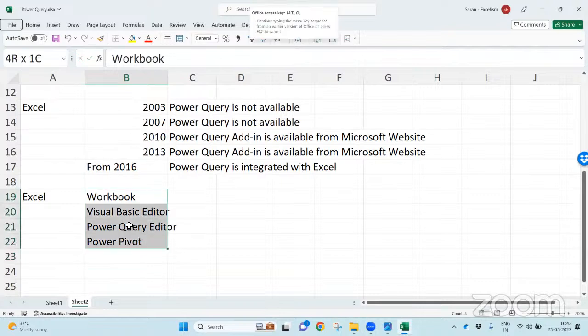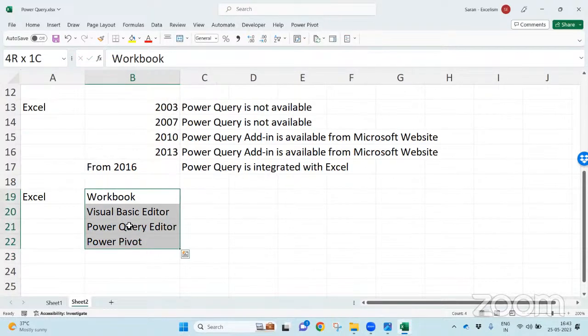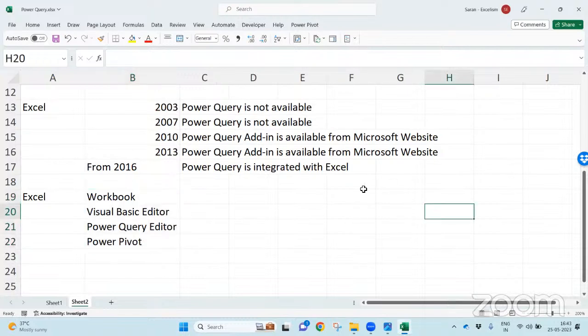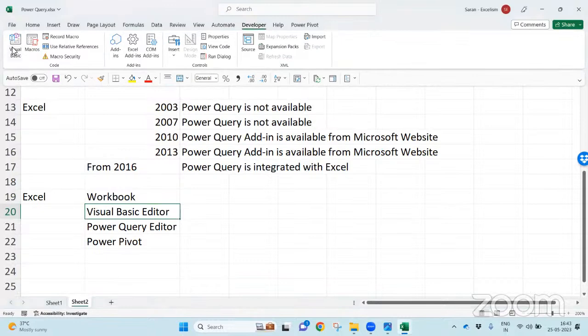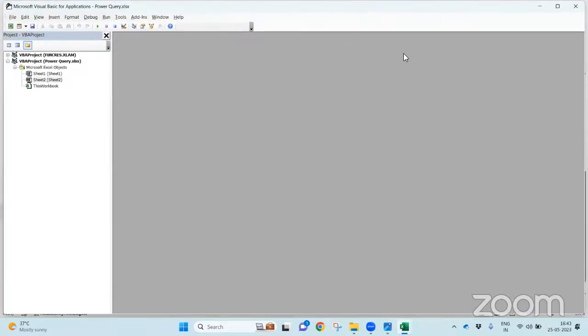There are four different types of windows available in Microsoft Excel. Basically, if you open the Excel application, one workbook window will open like this. If you want to go to the Visual Basic Editor, go to Developer, click Visual Basic, so that one more window appears. This is another ocean.